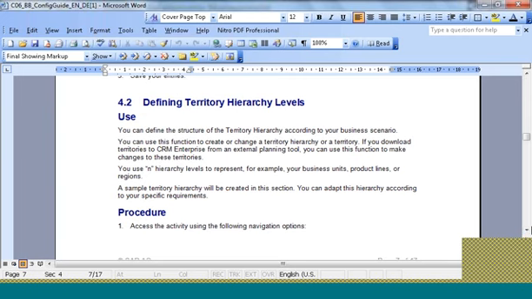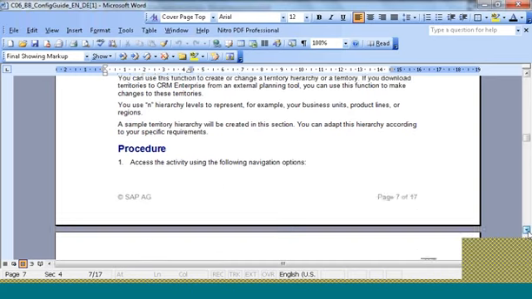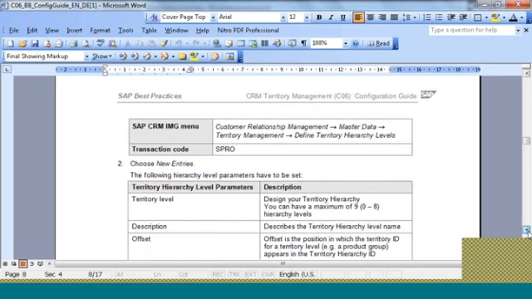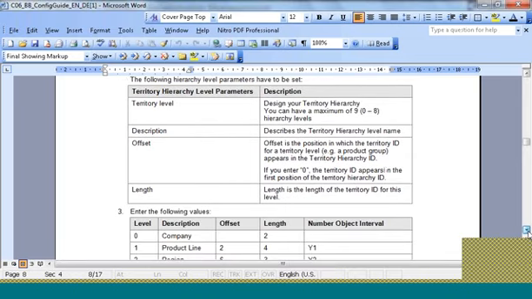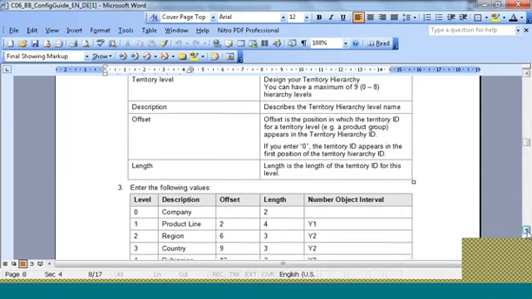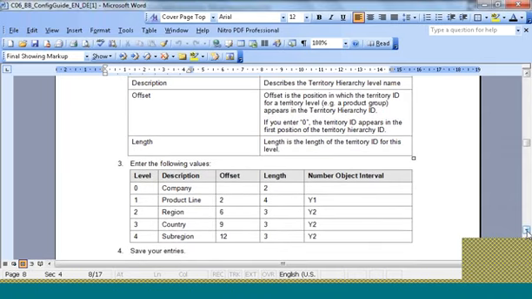The second option says define territory hierarchy level. So you can see in the document it has a maximum of 9 levels, and it can have a hierarchy. If you see the example in the document, the hierarchy goes like this: company, then product line, then region, country and sub-region. Now if I give a live example for this hierarchy level, the company might be Honda Limited, the product